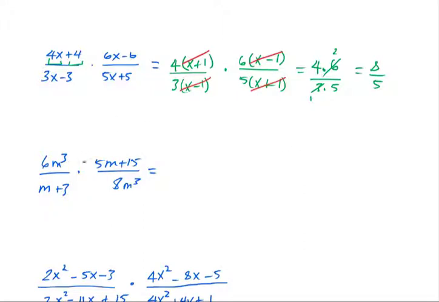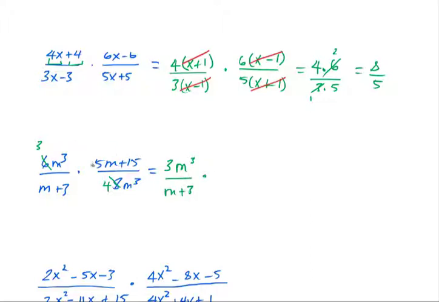Next question. 6m cubed over m plus 3, times 5m plus 15 over 8m cubed. Let's see here what we can do. We can divide both by 2, and we're left here with a 3 and a 4. Okay, and that's what we're going to do for now. So we have 3m cubed divided by m plus 3,